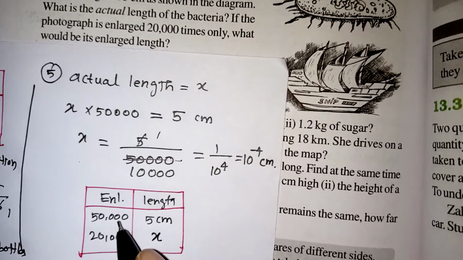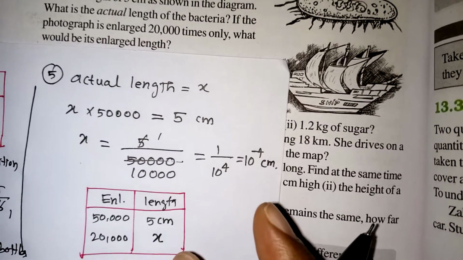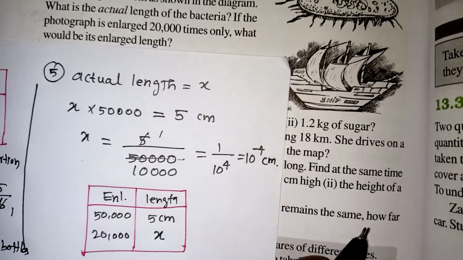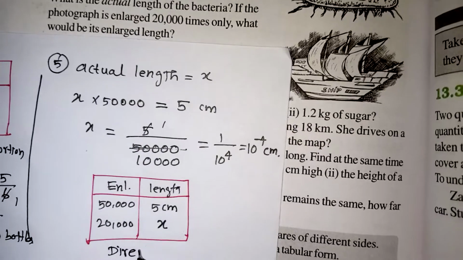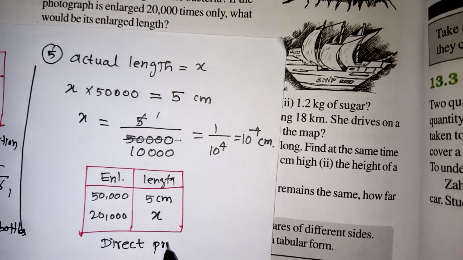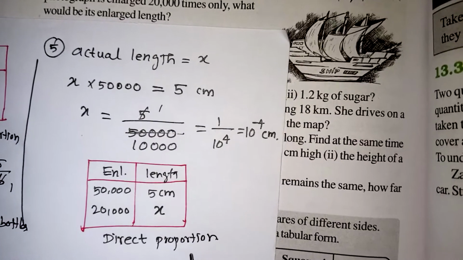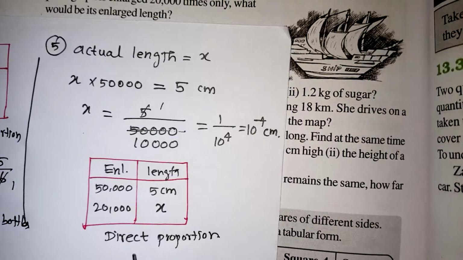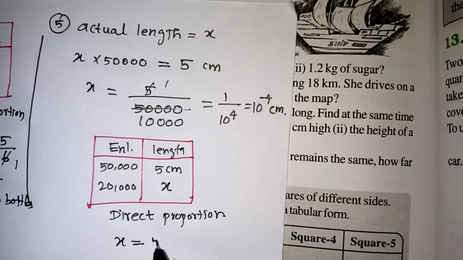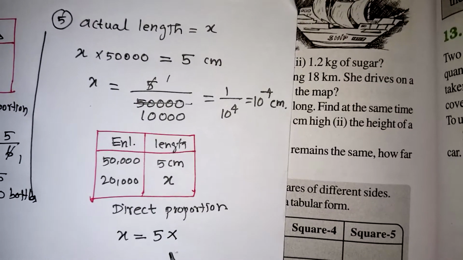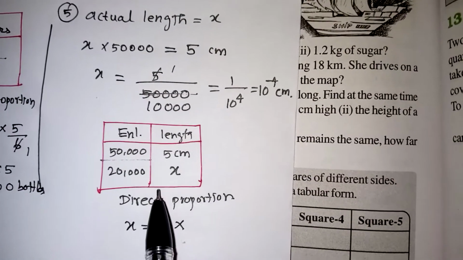The enlarging factor is decreasing, which means definitely whatever length we are getting will also decrease. Both are decreasing at the same time. We can say that they are directly proportional. So this is a direct proportion problem. Since it is a direct proportion problem, we need to find the value of X only. You just write X is equal to the number given along with the X, written first along with the multiplication sign. Now the box which is filled should be taken as a fraction.